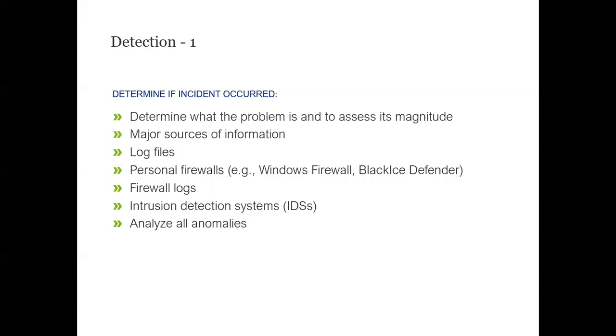Determine if an incident occurred. Determine what the problem is and assess its magnitude. The first thing is to determine the problem. Determining the incident and its magnitude is very important. If there is a small fire within the organization, the magnitude is very low. But in the same case, we need to identify the magnitude of the incident that has occurred, and your sources